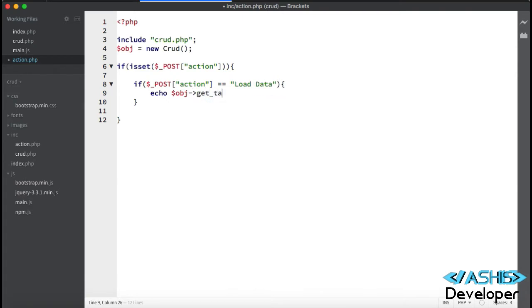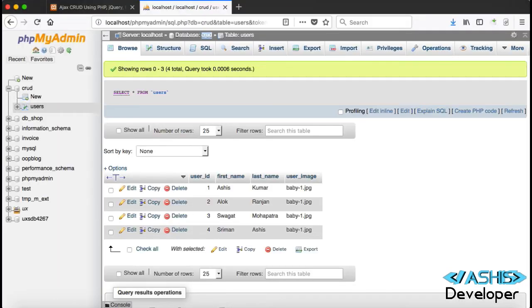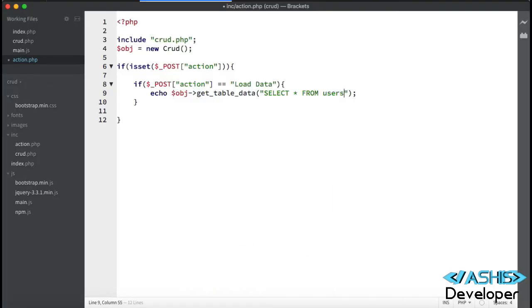If action value is load data, then print the result. Now we use get table data function. We will create the function in crud.php file. And the query is select all from users order by user ID